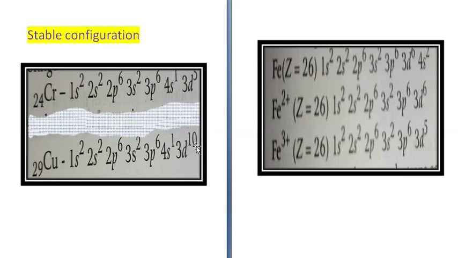Okay. There are a few more examples, like in case of ions, what happens? The electron is lost from the outermost shell. Like if you look at iron, atomic number is 26. Filling of electrons is done: 1s2 2s2 2p6 3s2 3p6 3d6 4s2. First 4s2 is filled, then d orbital is filled. Alright, but when an ion is being formed, like in case of Fe2+, during filling, first 4s is filled, then the remaining electrons go to 3d.